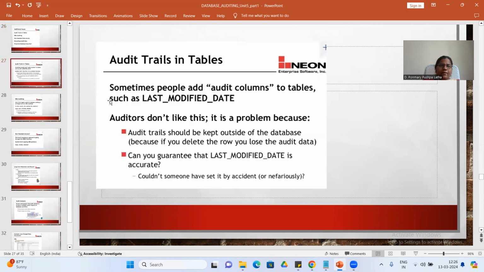For the audit trail, you cannot add one column for an audit. If you add a column for the audit, the last modified date will be changed. That is to be avoided; it can be kept separately.